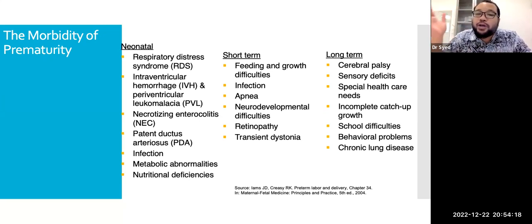So kalau baby is born at 24 weeks, alveolar tu tak ada pun lagi. Dia only ada terminal bronchioles saja. So the gaseous exchange are done at the terminal bronchioles. Kan? Surfactant are produced by 24 weeks. Before 24 weeks, there's no surfactant. Kan? Kita kena supplement with surfactant. And then apa lagi? Immune system.